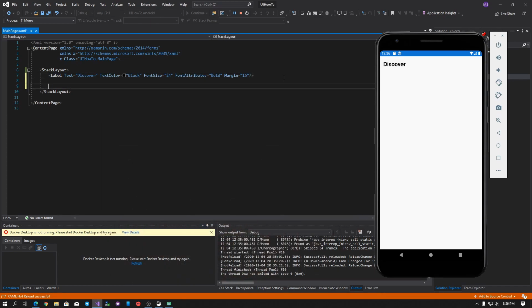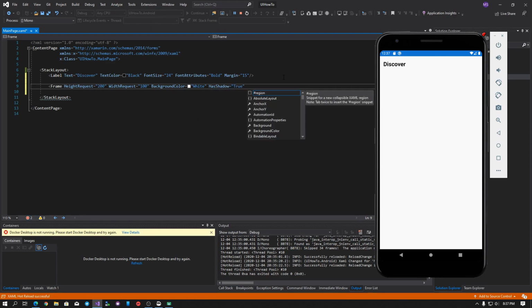What I usually use is a frame. Before this, I really liked to use pancake view, but Xamarin 5 already offers frame. I don't know when this update came, but frame already has a gradient. So frame, height request of 200, width request of 100 maybe, and then background color of white, and then has shadow set to true, margin of 10,